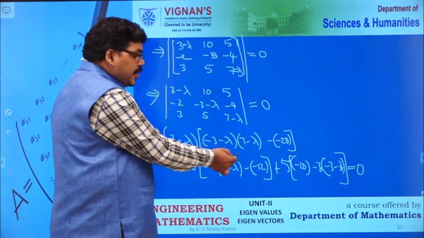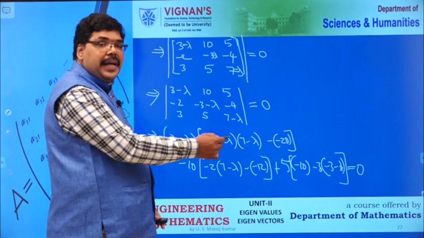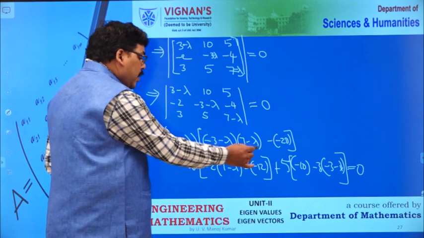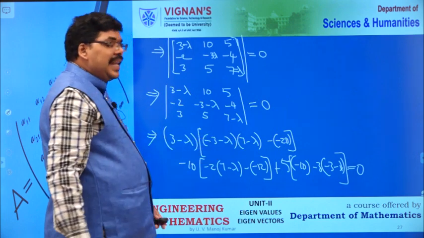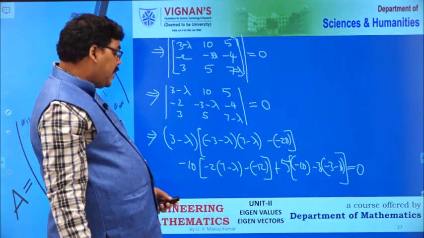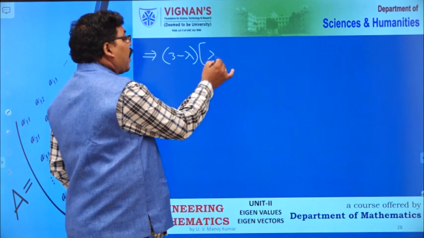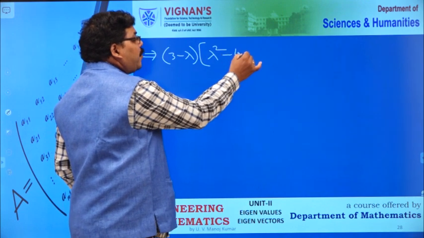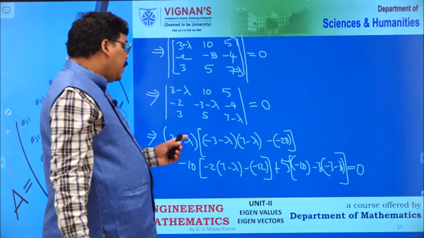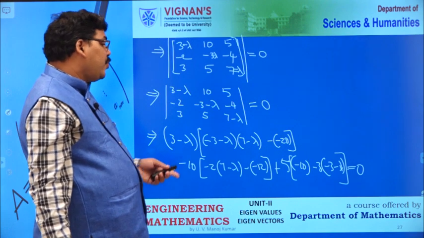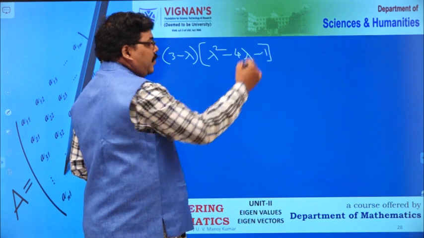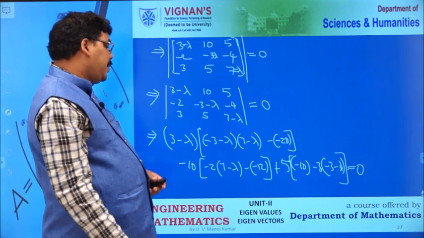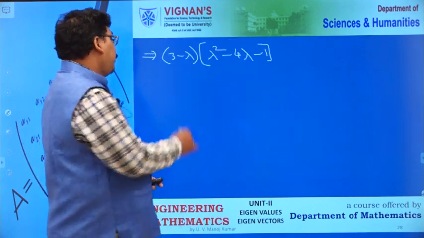When you multiply these two, you will get lambda square, and then minus 7 lambda plus 3 lambda, minus 4 lambda, minus 3 into 7, minus 21 plus 20, becomes minus 1, minus 10 into